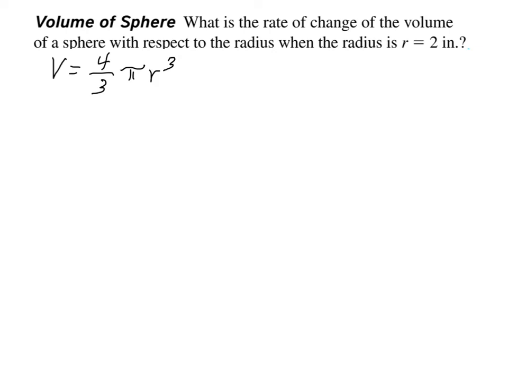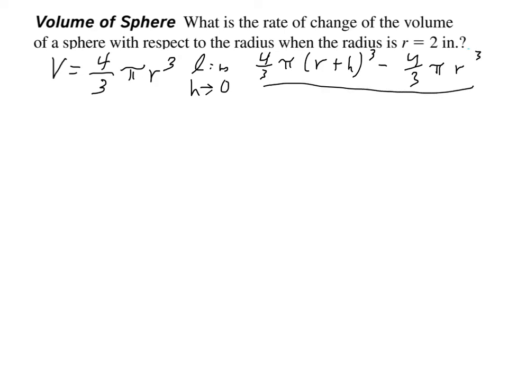So looking at this, we would go the limit as h goes to 0 of 4/3 pi, and then r plus h cubed, minus 4/3 pi r cubed, all over h, which goes to the limit as h goes to 0 of